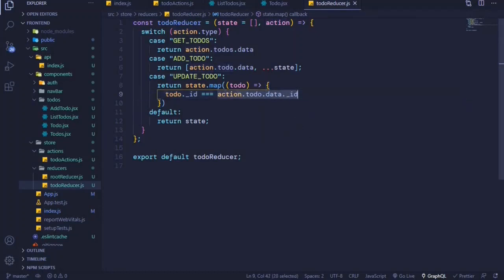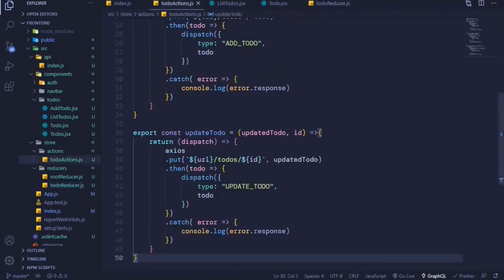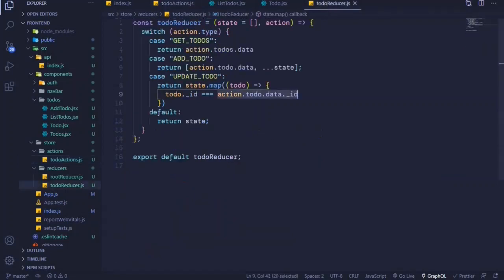Now this to do is the one that we have already updated in our action creator. Okay, so remember when we perform a then method here, this to do is the already updated to do, but it will have the same id as the to do that already exists in our state. And remember, what we are trying to do here is to update our state so that our UI can correctly also update. Okay, so if todo._id is equal to action.todo.data._id, we can use the question mark here, which is our ternary operator. So if this is true, it means that we are trying to update a particular to do, or